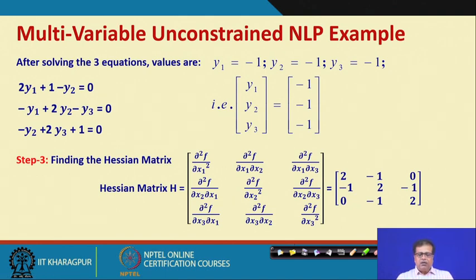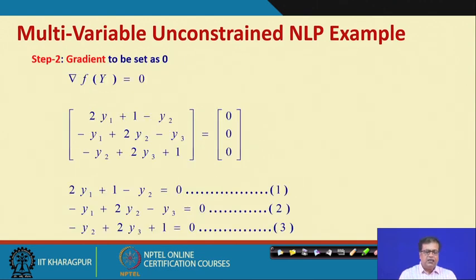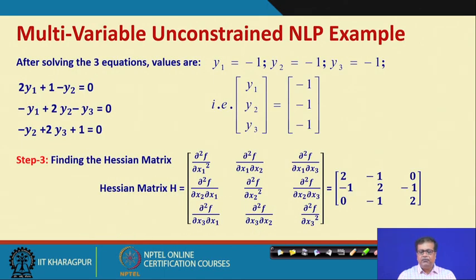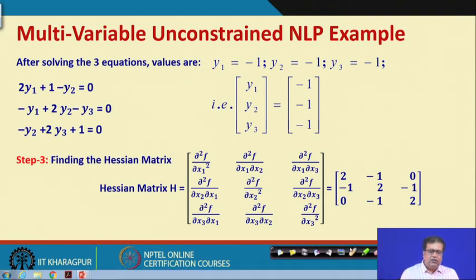So, you can do that as an exercise. So, I am not doing it here. Supposing we find the Hessian matrix of those things. So, basically this is our gradient. So, that gradient, if you really do, these are the gradients. So, please look: del f by del y1 equal to 2 y1 plus 1 minus y2.